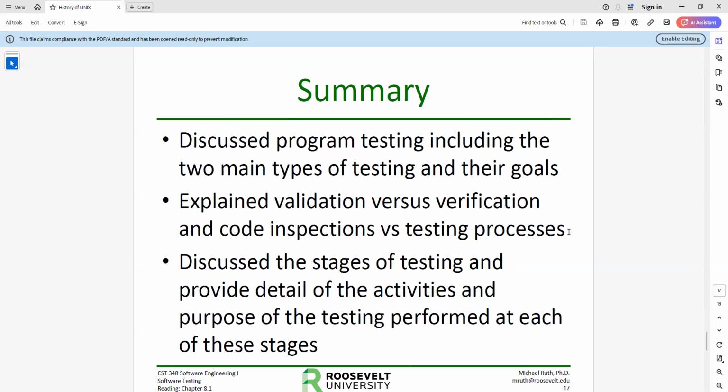All right, so we discussed program testing and the two main types of testing and their goals. Remember, we're testing to see if the program does what it's supposed to do, and we test the program to make sure it's not doing something it's not supposed to do. Very important. We talked about validation and verification. We talked about what level of confidence needs to be provided in certain situations. We're going to talk about this in more detail. There is no such thing as providing 100%. There's no way to ensure there are no bugs. It's not possible. Not at all.